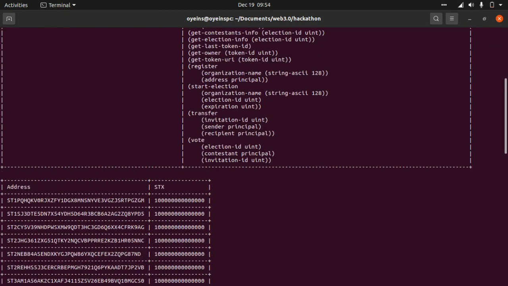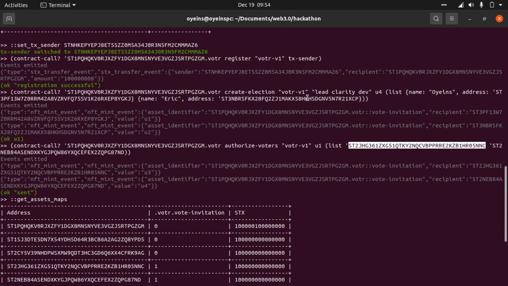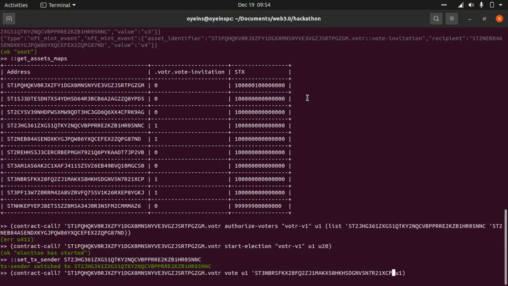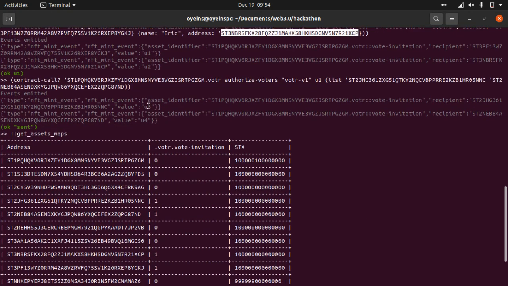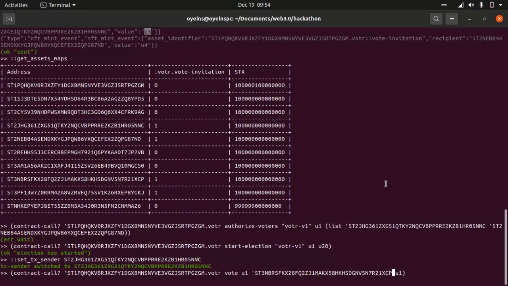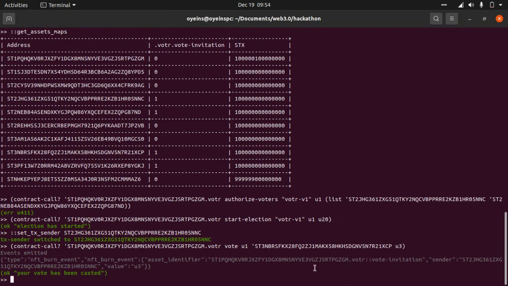Let him vote for this. The invitation ID, the NFT ID for these guys, is U3. So we need to change this to U3, while this other one is the election ID, then the contestant address. So calling this function, the vote is casted, and we have this NFT burn event. We are burning the NFT to avoid